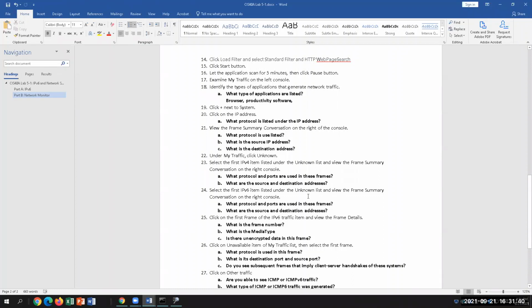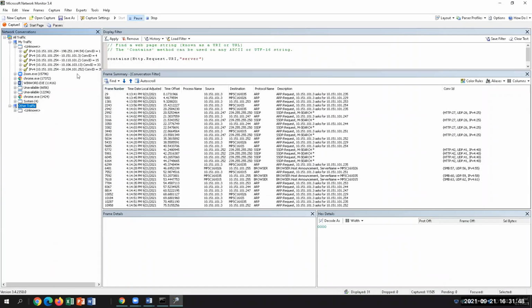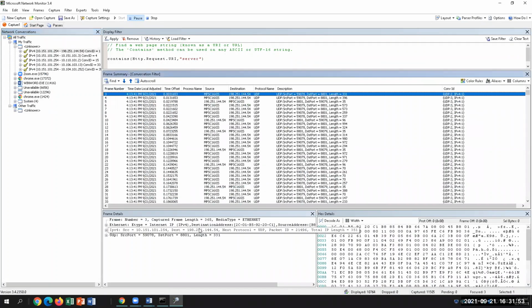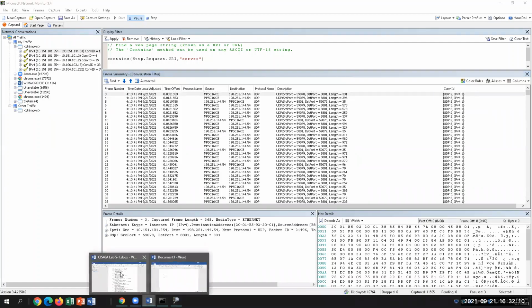Okay, so when we look at the unknown list, the protocols and the ports that are used in the frame, you can take a look at the frame and then the source and destination address. So here, let's pick the first one. I have UDP, and then my destination and my source. Then I have